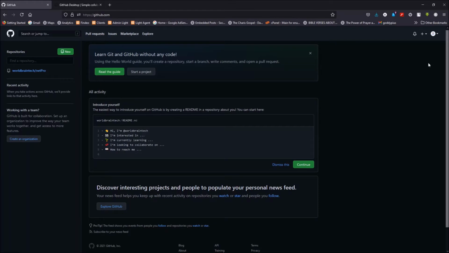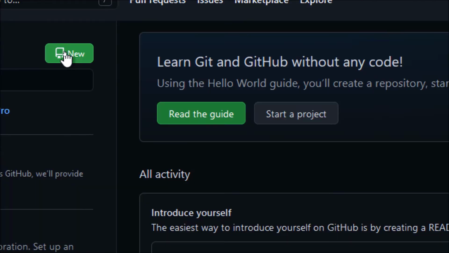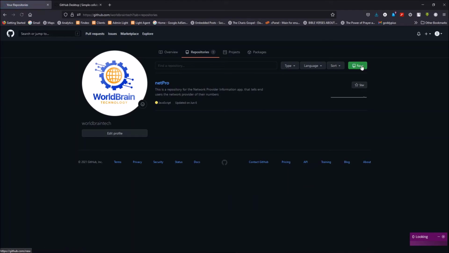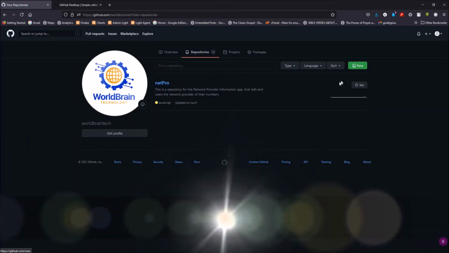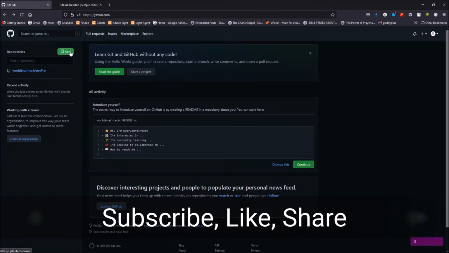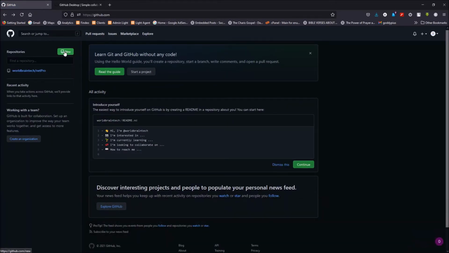So there are two ways you can create a repository on github.com. One way is by clicking on this new button here, and another way is by clicking on this drop down here. And once you click on it, you go to repository, and then you can still see the new button there. So let's go back to this guy. So let's click on this button there,